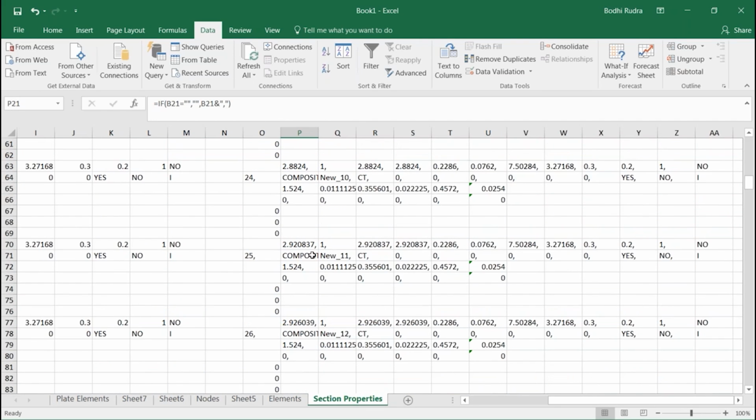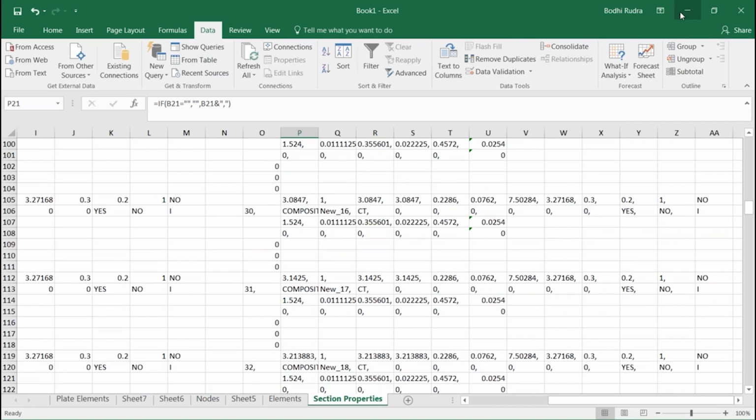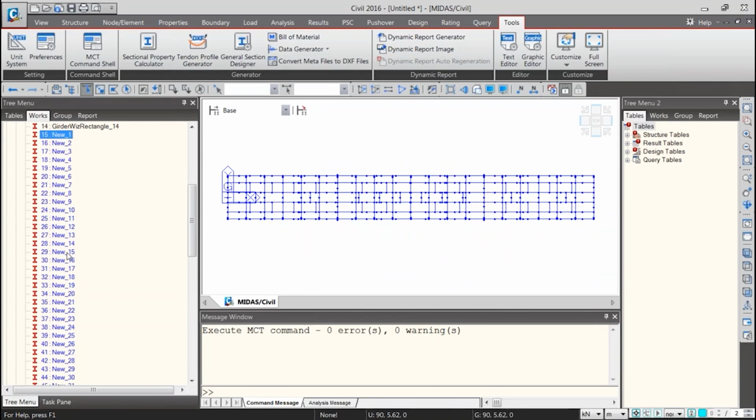So you need just simple Excel programming in it. It is not like you have to do anything more. You just need basic Excel programming, copy these things, paste them in MCT command cell, and you will get all the section properties. But although you have got all these properties, we haven't assigned them to any member yet. Whenever you have created a property but haven't assigned it to any member, you will always find it highlighted in a blue color. Whenever it has been assigned, you will find it highlighted in a black color. So we need to assign these properties to the elements.